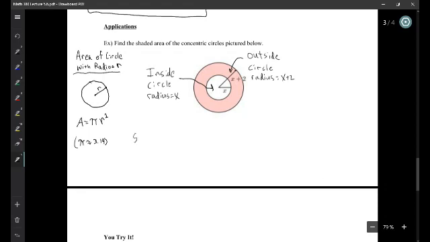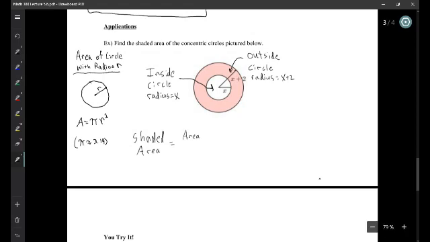So the shaded area conceptually is the larger area minus the smaller area. So shaded area is